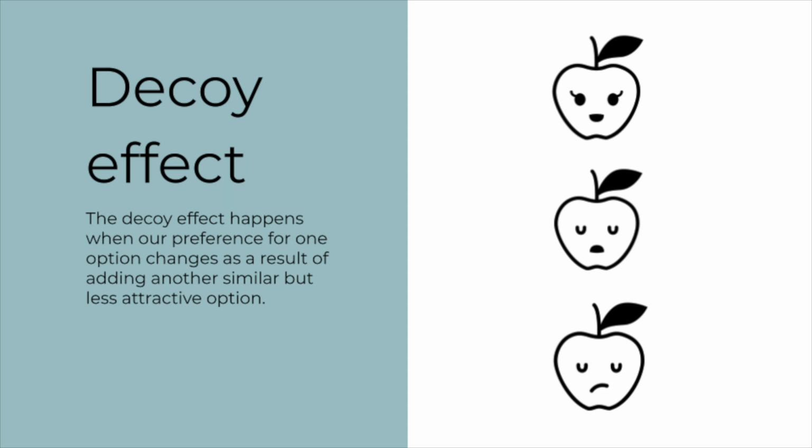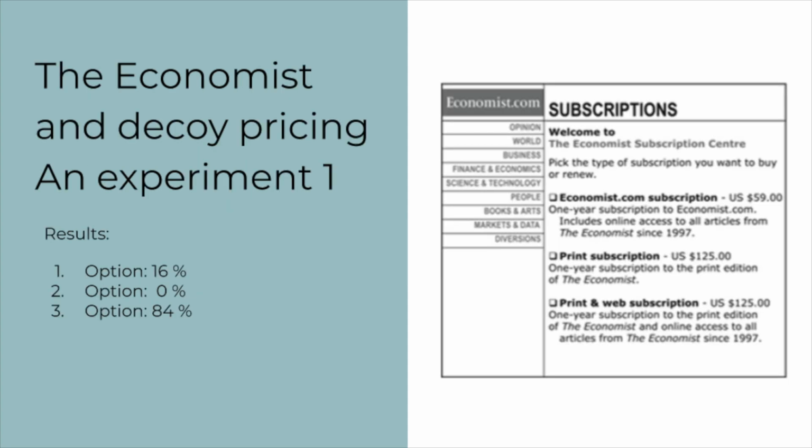Like the young man here, we tend to make decisions based less on which option will best suit our needs, but more on what seems to be the most advantageous choice. To show you another example to demonstrate what a decoy effect is, I would like to refer to an experiment conducted by the behavioral scientist Dan Ariely. Dan Ariely asks his students to choose between the following 3 subscription options: